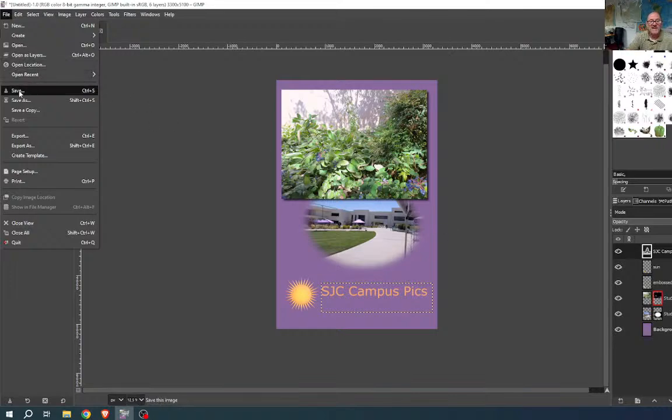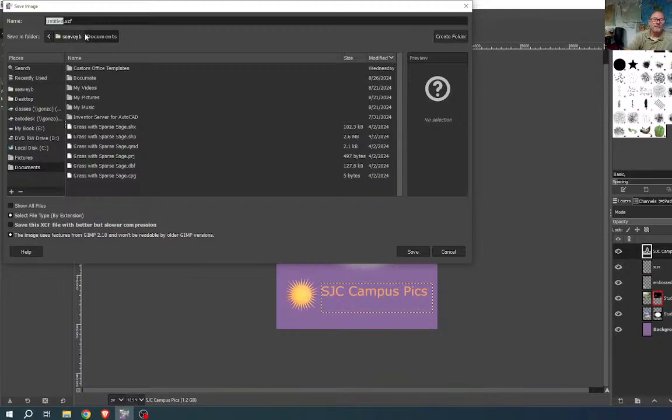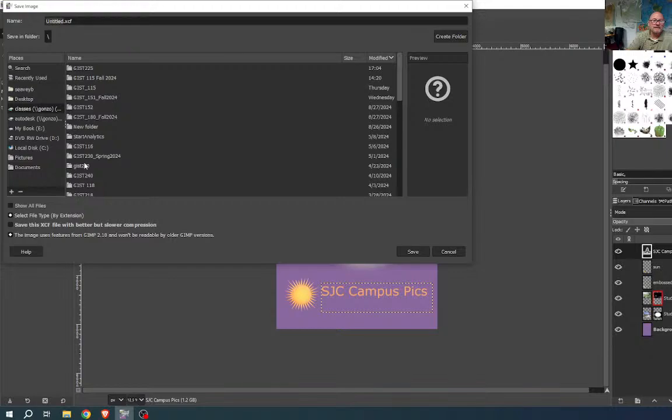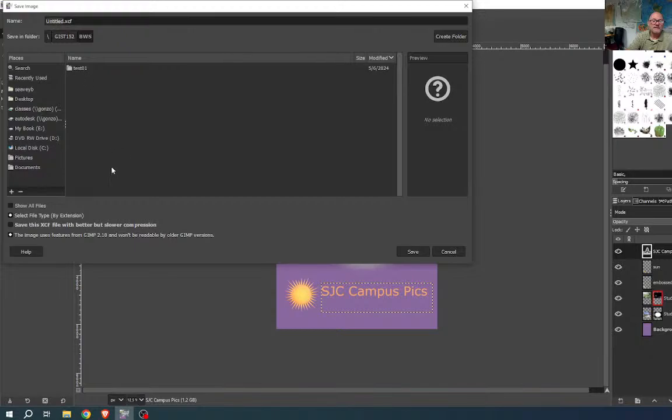So I would just save it, and it's going in my folder on the server. And it's going to be in an XCF document, which is a GIMP native format. And that allows it to save all the layers and the masks and the settings that we have in there. It makes the text still editable later on, so if I want to change the title and things like that. So it's a good idea to